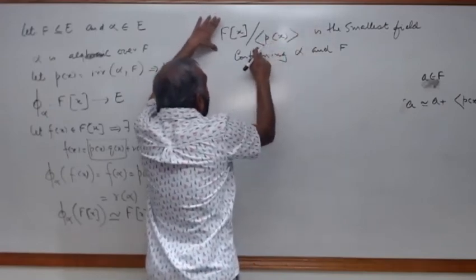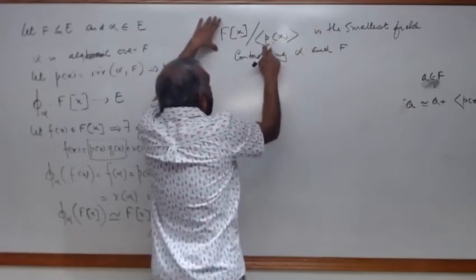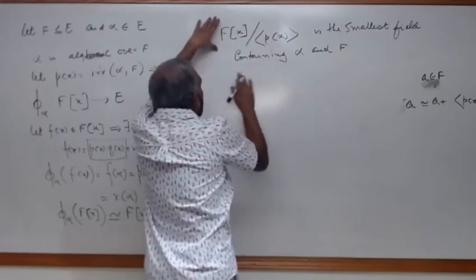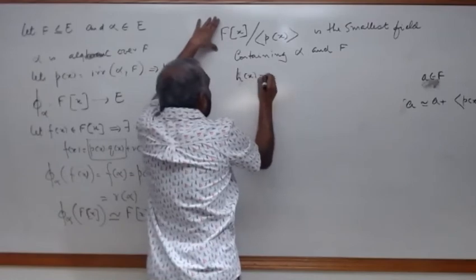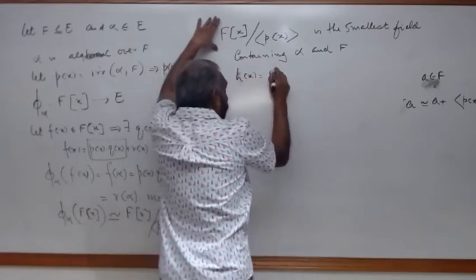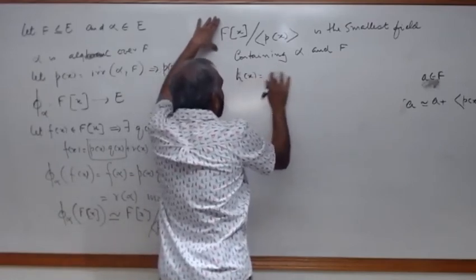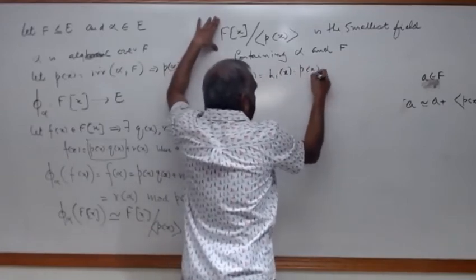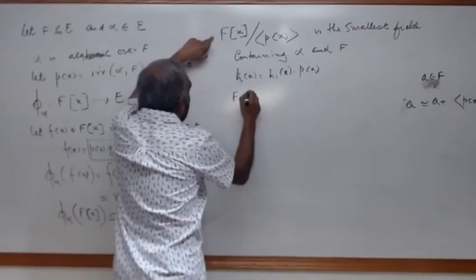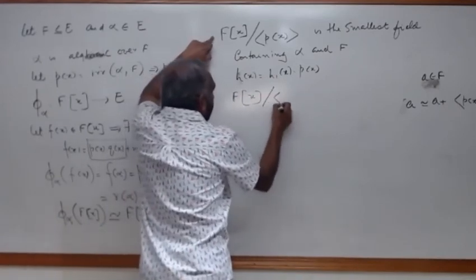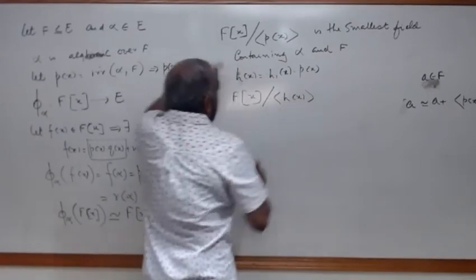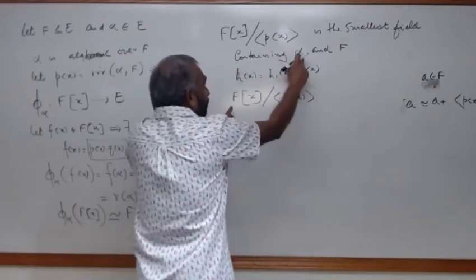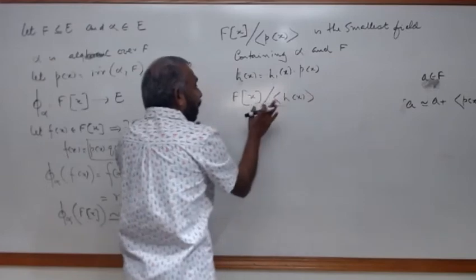So let's say h of x is equal to h1 of x times p of x. This is actually smaller than this, and this also contains alpha, but the problem is this is not a field,